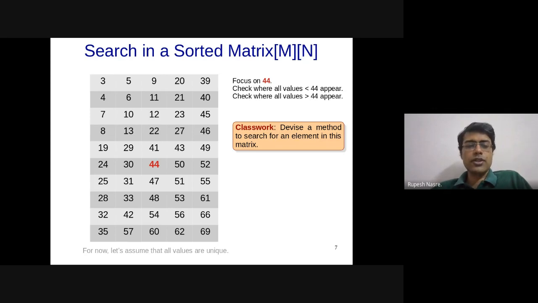So 44, based on that, you can discard the left top quadrant. Based on the 52 value, if I am searching for 49, I can say that I cannot discard that quadrant. Based on 69, can you discard that quadrant between 44 and 69? No, we cannot, because 49 might be there. Similarly, based on 60, I cannot discard, because the value could be there in that particular quadrant.